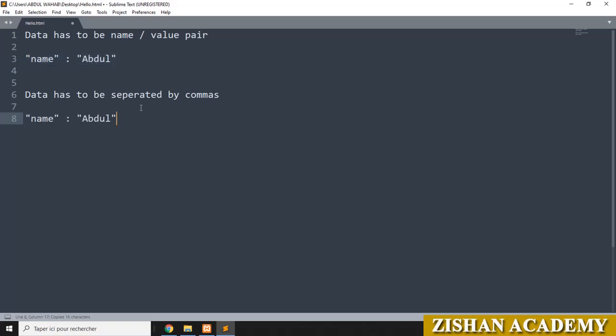Now suppose if you want to give some more informations, then you have to separate by comma, then you can go for age, then colon, double quotes, then you can give the age. After that if you want other informations, you can go for comma. You have to separate the data by comma, then you can go for other one like city, colon, then you have to give the city name inside the double quotes. Like this you have to separate the data by comma.